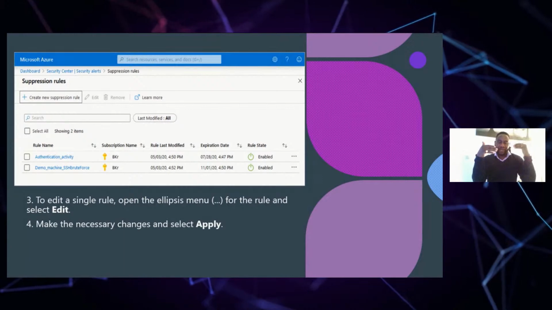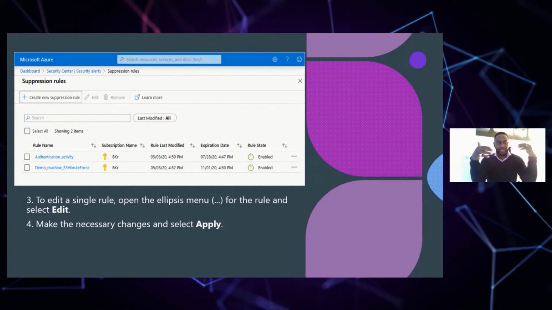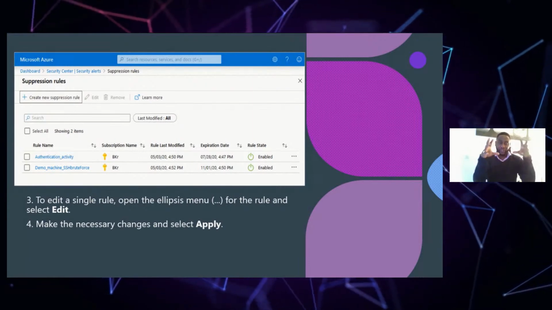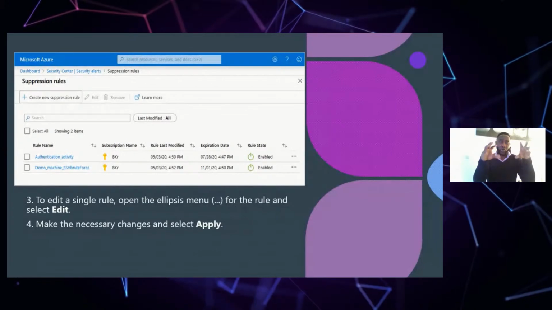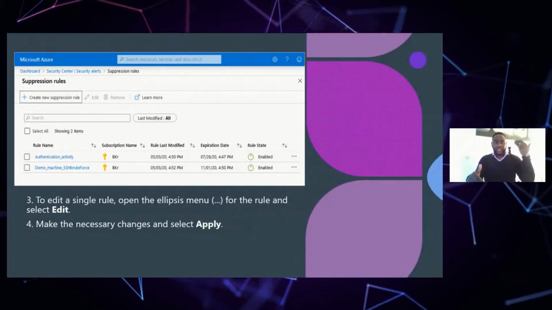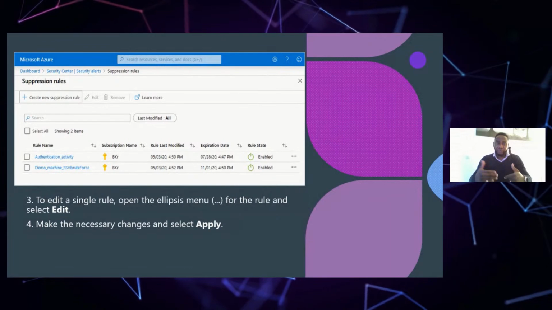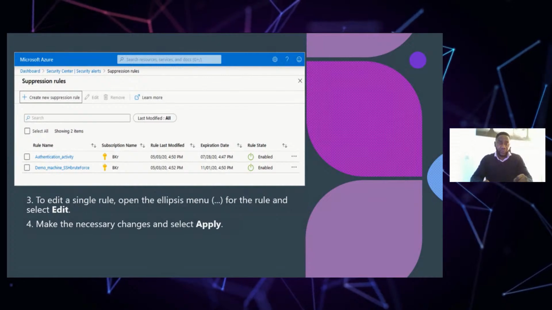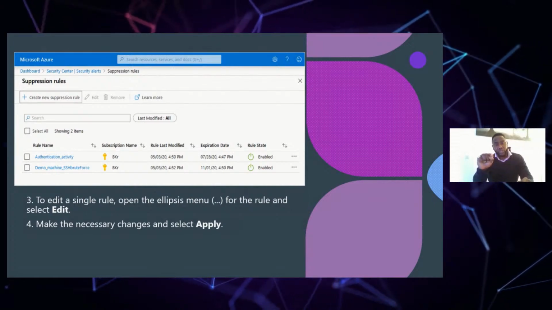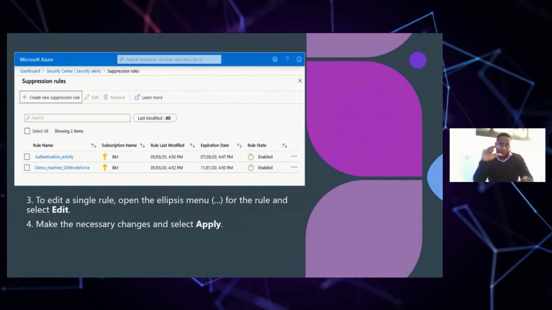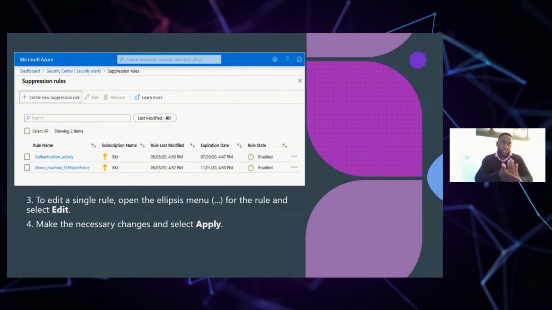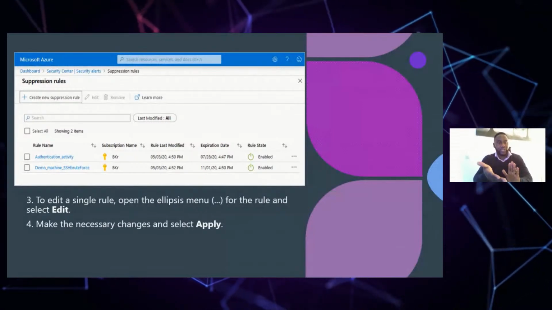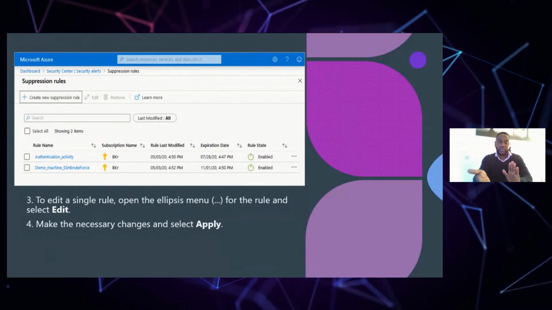itself has a kind of AI mechanism behind it. It monitors and collects information around the Azure environment and also around your workload within Azure. Those reports or that information is calculated and then stored in the Security Center for you. So when the suppression rule is done, it works in tandem with the alert being created and the alert being submitted. So when the alert you created, say for instance, the suppression rule you created,